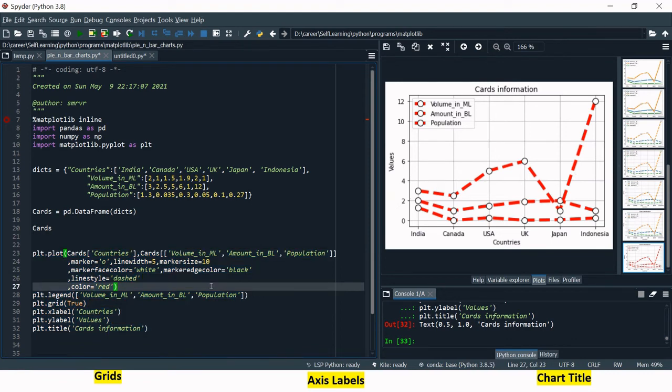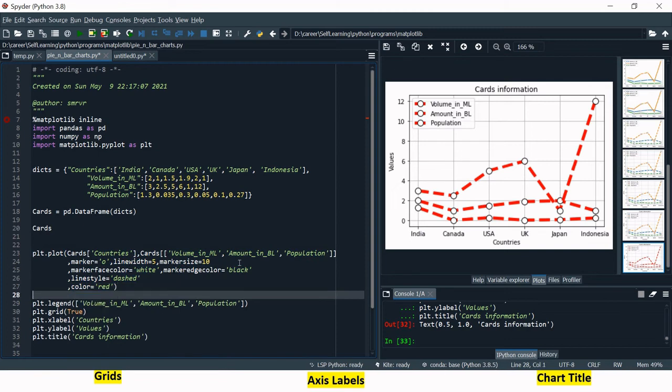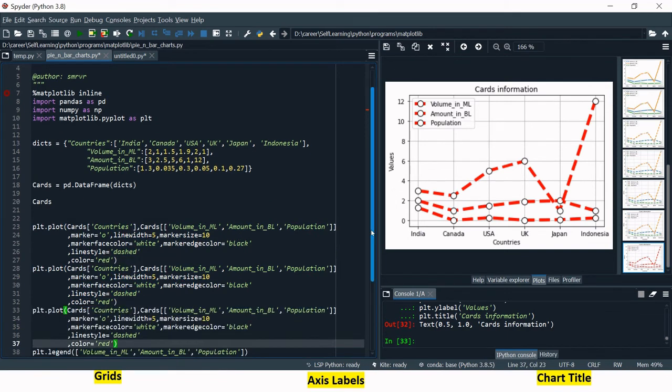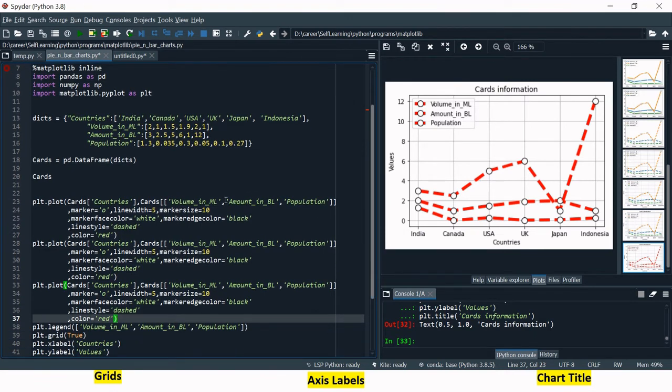So what we're going to do for that, if you want to keep line colors as per your wish and different for each of the lines, then in one statement you cannot include multiple variable names. You're going to keep just one name at a time. All right, so let me just select this and paste it 3 times, and the rest of the things I am going to keep the same. But from here I'll just delete the remaining 2 columns.